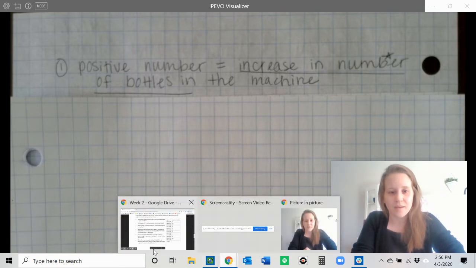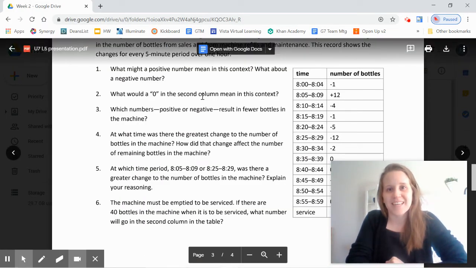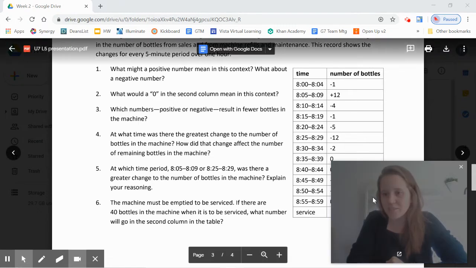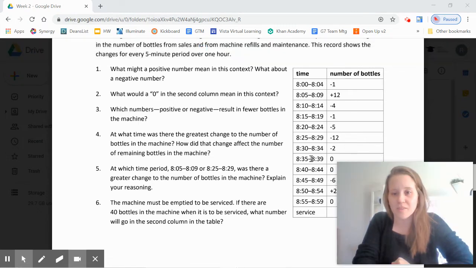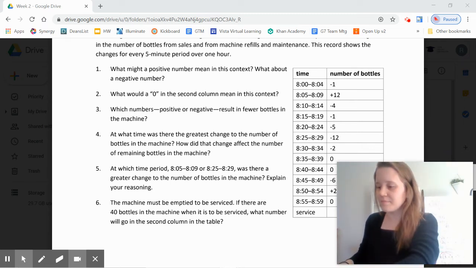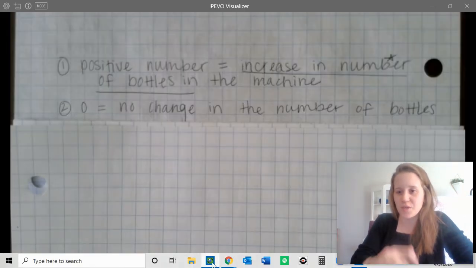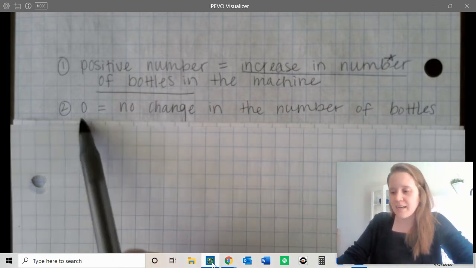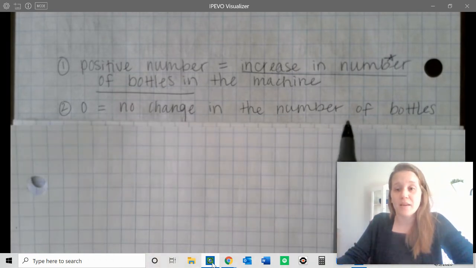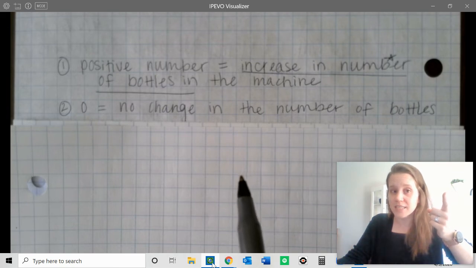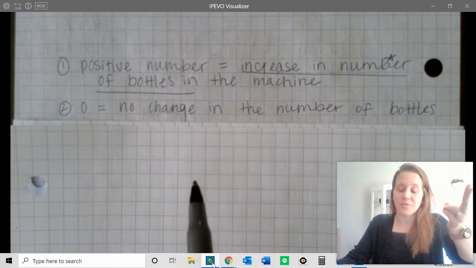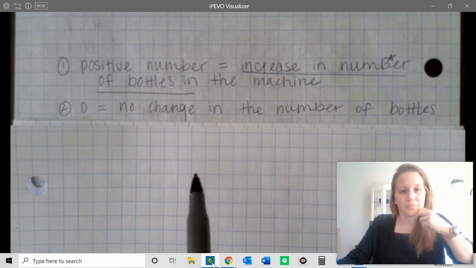Okay. All right, number 2, what would a 0 in the second column mean in this context? I do see a 0, a couple of them here from 835 to 839. The change in the number of bottles was 0. What does that mean? I like 2 possible answers for this question, so I'll show you mine and then listen for the second one. I thought that a 0 would represent no change in the number of bottles. So nobody came to refill the machine at that time, and nobody came to purchase any drinks from the machine at that time. It also might mean, what if